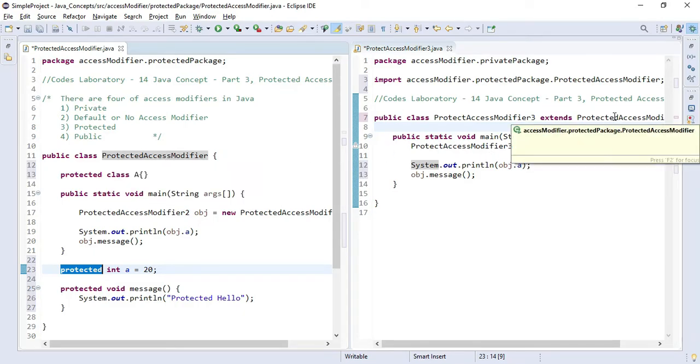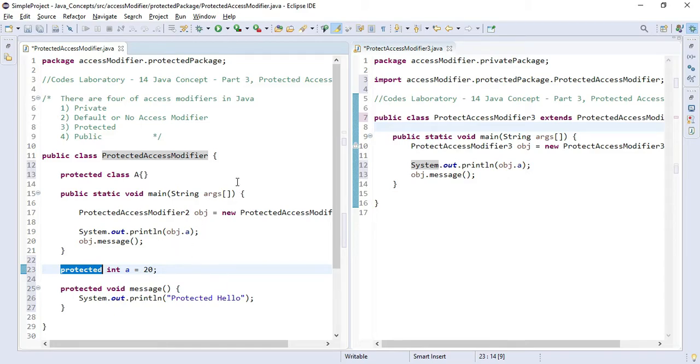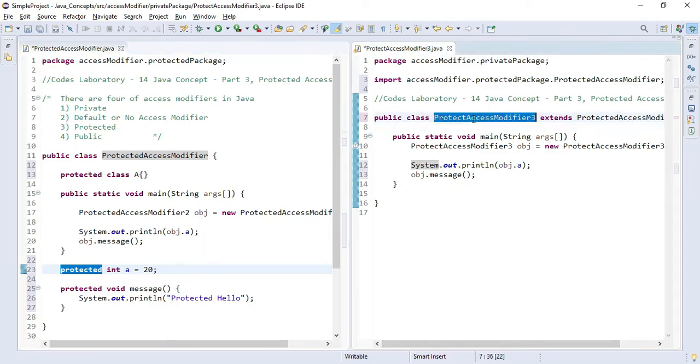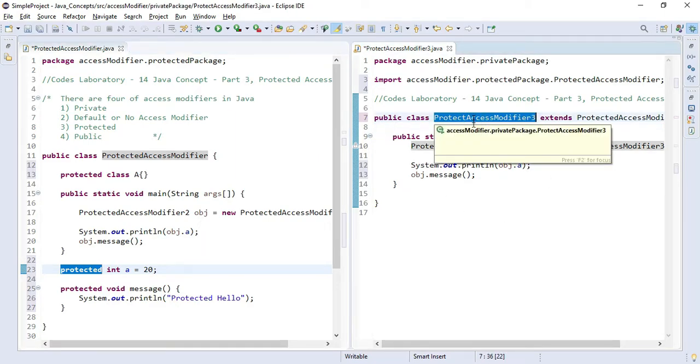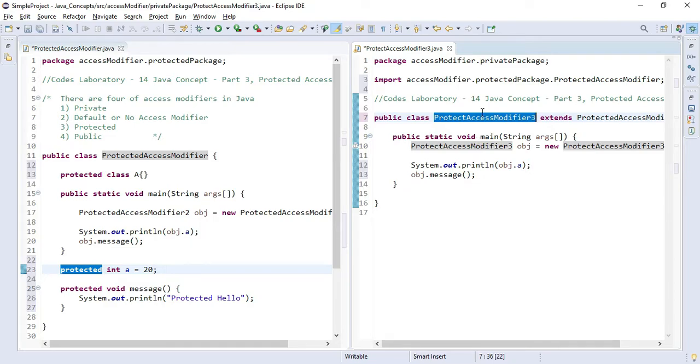Then whatever properties are present in your protected or parent class will come into your child class, which is protected access modifier 3. After creating your child class object, you can simply use them. So this is the idea of how you can use the protected access modifier properties in another class which is present in the private package.